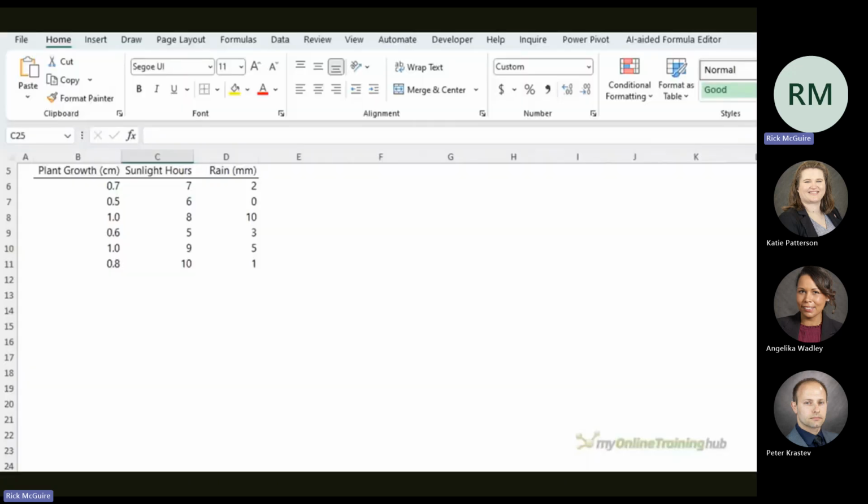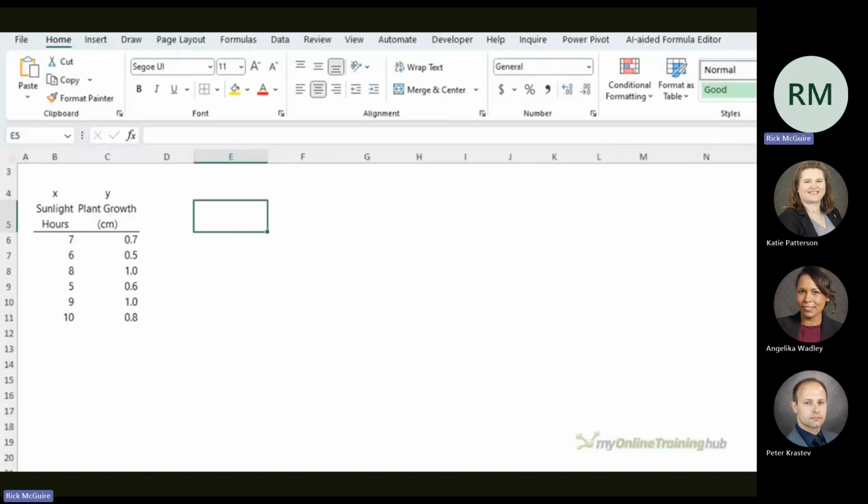It's useful because it allows us to identify the relationship between two variables and make predictions based on that relationship. It's commonly used in fields such as finance, economics, and science to make predictions and inform decision making. To model linear regression with Excel, I need to organize the data into a table. We're going to start with just one independent variable. Here I've got sunlight, and this way we can use